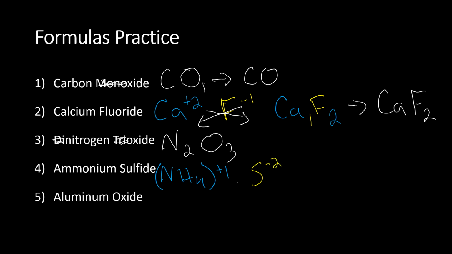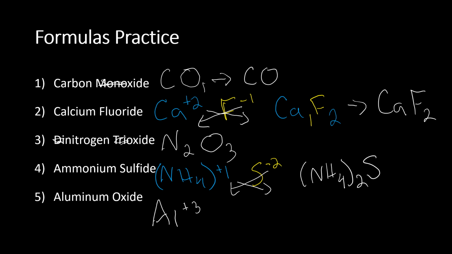So then I can do my crisscross, and I will end up with (NH4)2S. Again, though, we don't have to bother to write the 1 on the S. The last one here is going to be aluminum oxide. I know that aluminum is a metal, so I'm going to do my crisscross again. So Al has a +3. Oxygen has a -2, so when I do my crisscross, I end up with